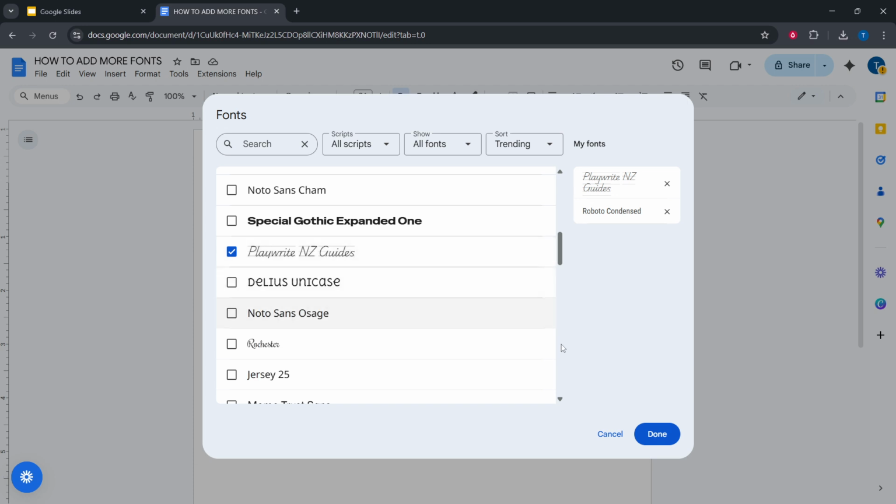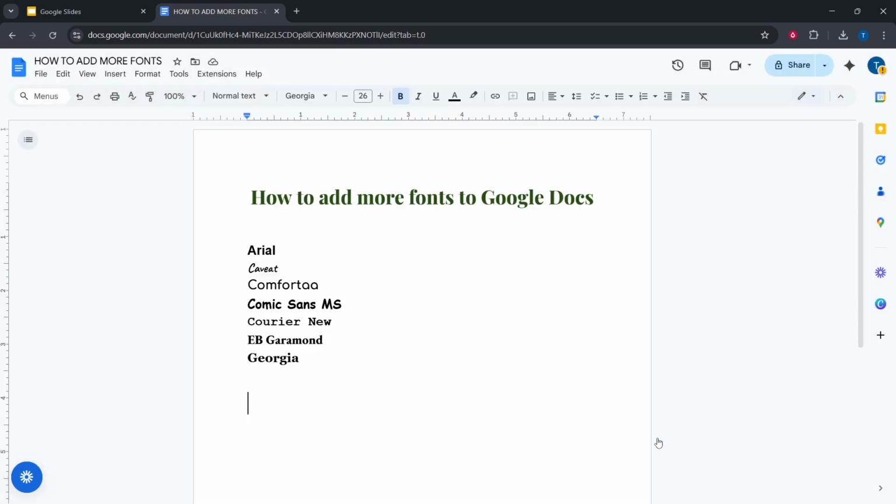Once you're satisfied with your selection, click on the fonts you wish to add. These selected fonts will appear in the My Fonts list on the right side of the window, ensuring you have quick access to them. Finally, hit the OK button to add these fonts to your personal library. You'll now find these fonts readily accessible in your regular font drop-down, making them easy to apply to any text